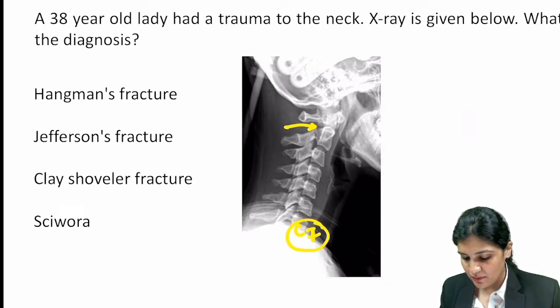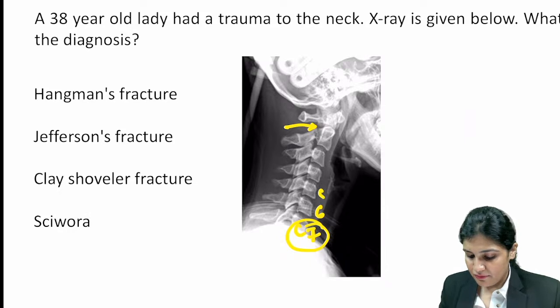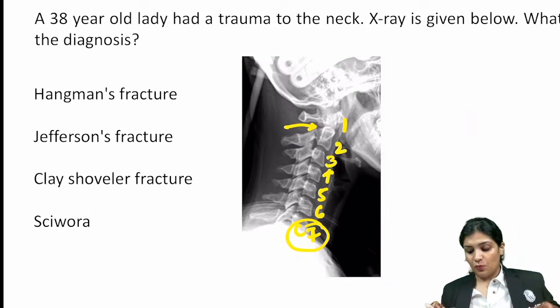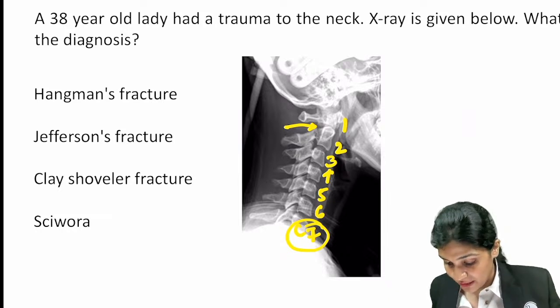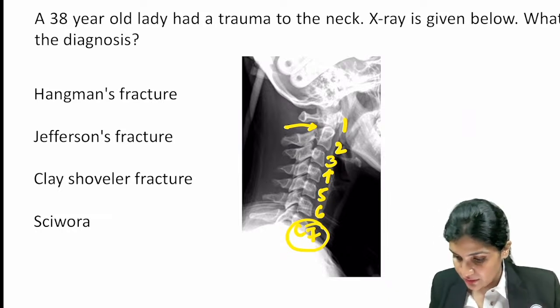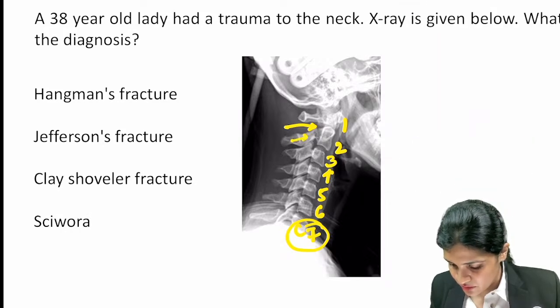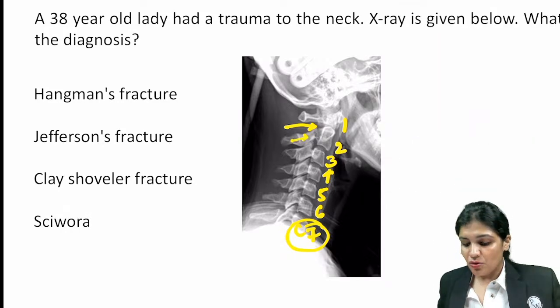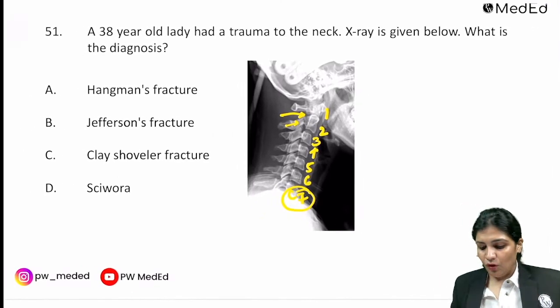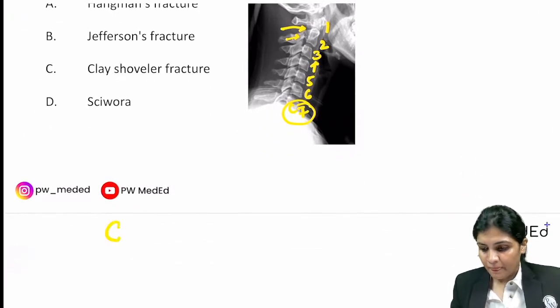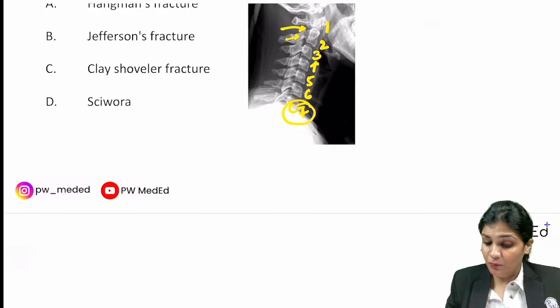So this is C7, and 6, 5, 4, 3, 2 and 1. This is the complete cervical spine, and if you see, there is a fracture here. So if there is an involvement of C1,